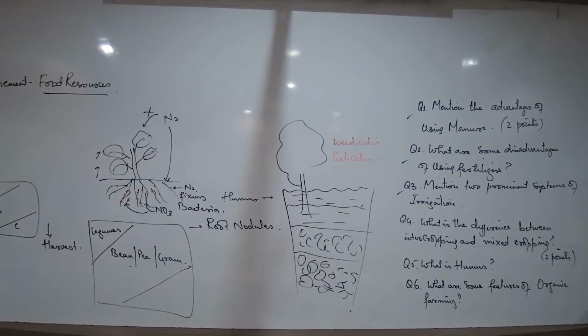When you are mixing them with the soil, what are you making? Manure. Green manure you are making. You are not uprooting them and throwing them. You are just allowing the soil to get mixed with the unwanted weeds. So in that process, you are allowing your main plants to get the nourishment. If you allow the weeds to grow, the weeds also would eat away so much of the nourishment, and your plant would not grow adequately.